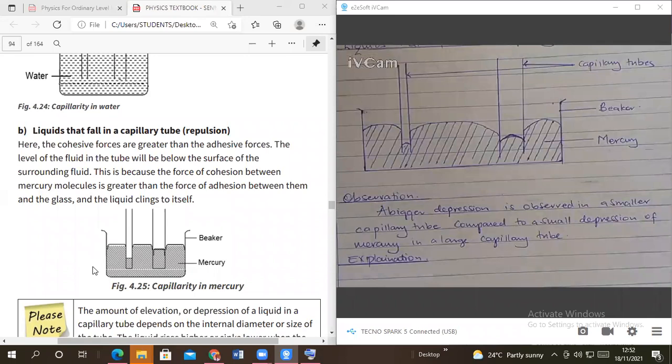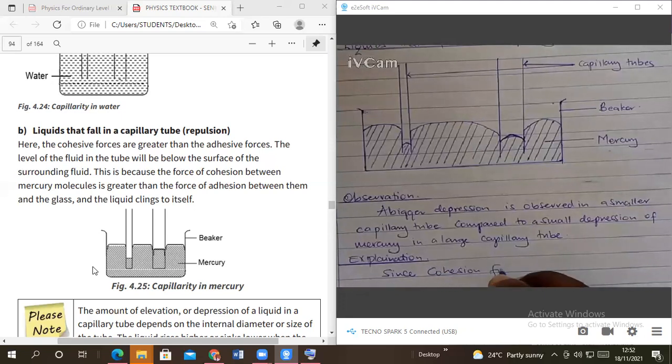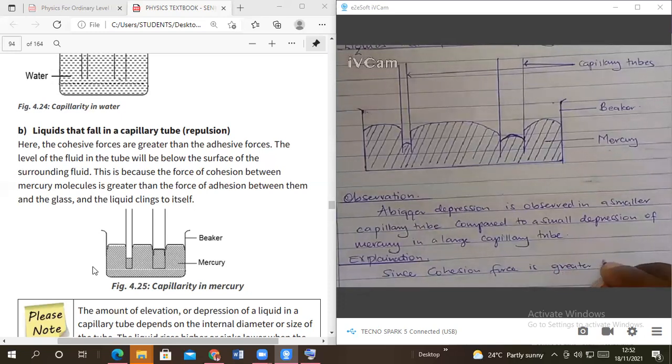So you say that since cohesion force is greater than the adhesive force, the level in a narrow tube